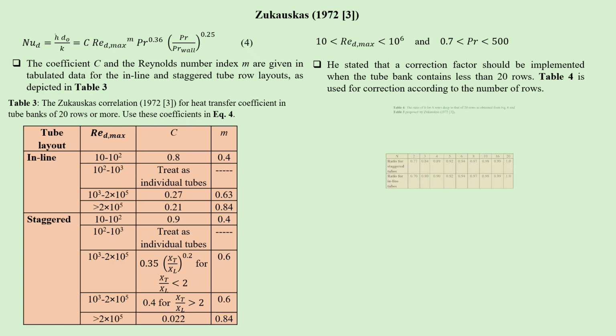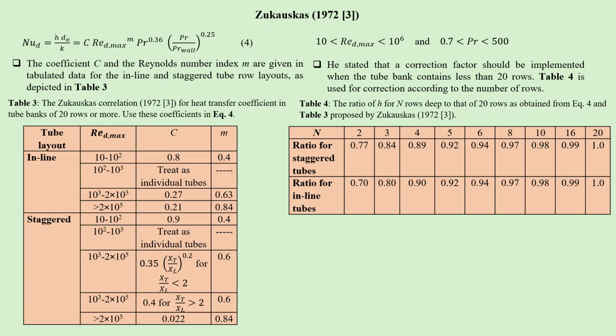Of course, to get the heat transfer coefficient for a tube bank where the number of rows is less than 20, he has also